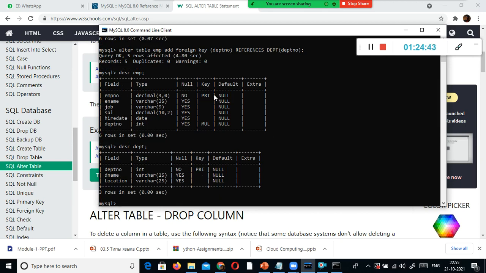In the employee table also we have only one primary key, whereas depart number MUL stands for this one, okay, the reference to another department table. This has a foreign key relationship with other table, okay. This is foreign key because this depart number in this employee table comes from this one, because all the values in the depart number you need to specify it here, okay. Fine, got it?